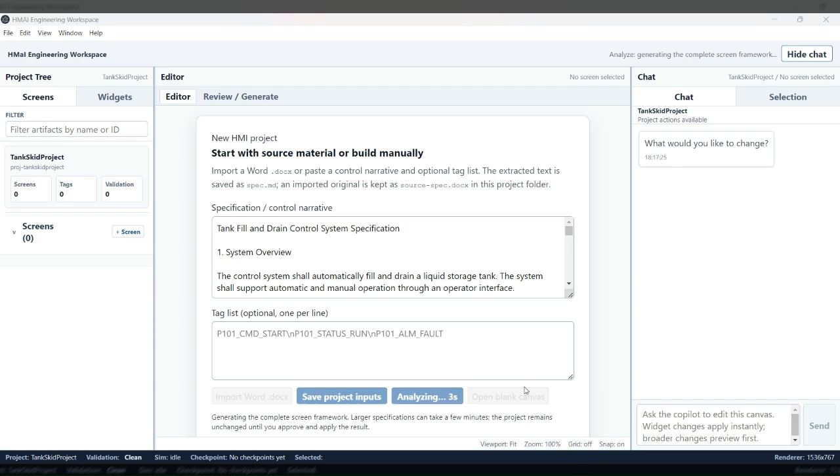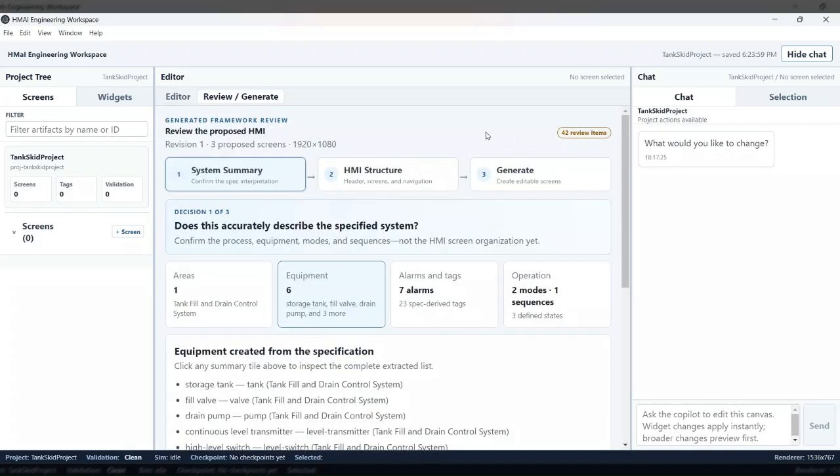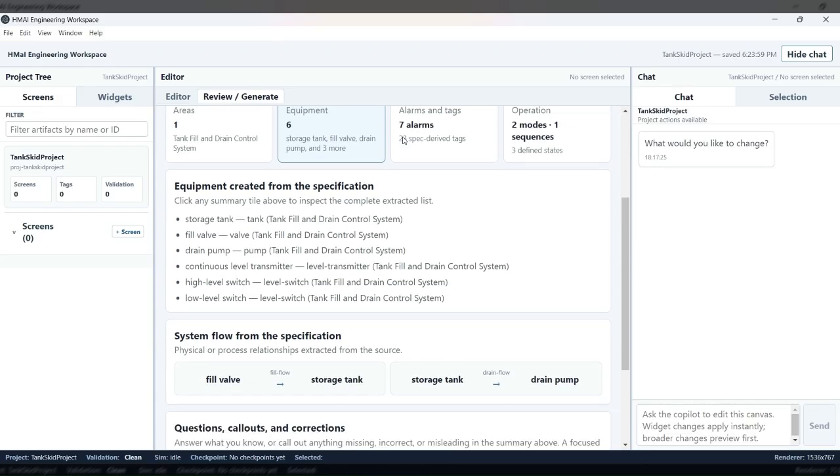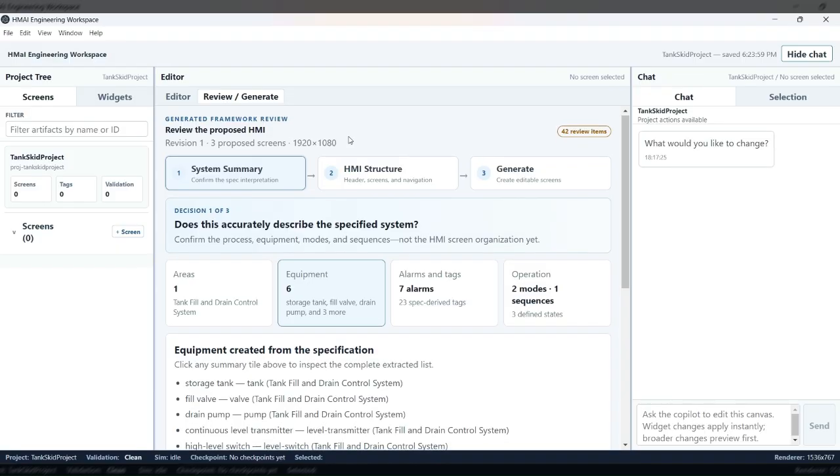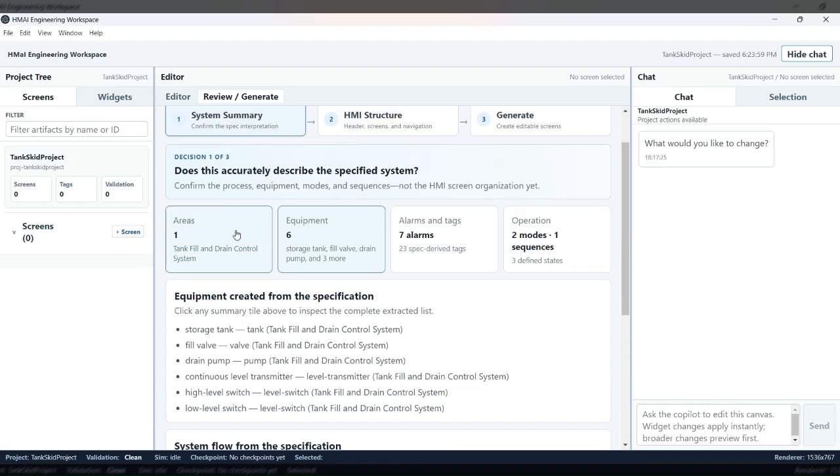So we're going to pause the video here for a second. Now that the specification has been analyzed by AI, we are brought into a review section here. So now you will see the system has been summarized, and everything from that specification is getting populated into some